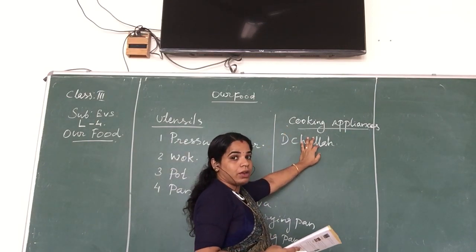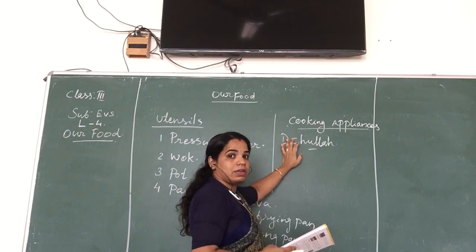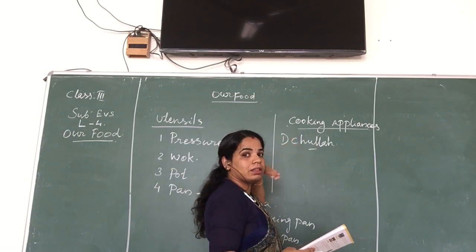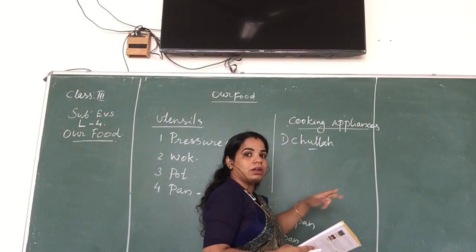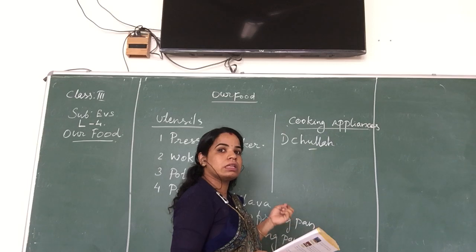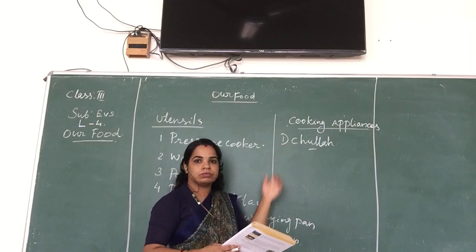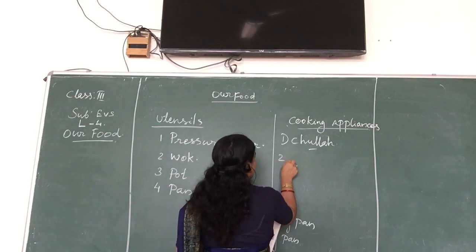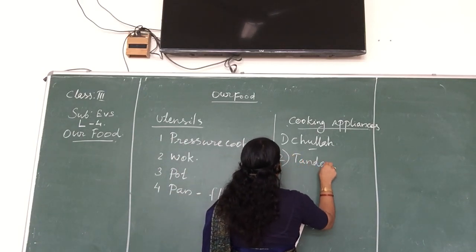And they use the chula to cook the food. Which fuels do they use? You know which ones: wooden pieces, cow dung and charcoal are used to make the food. And the second one is the tandoor. Even now, whenever we go to a dhaba or any other place,